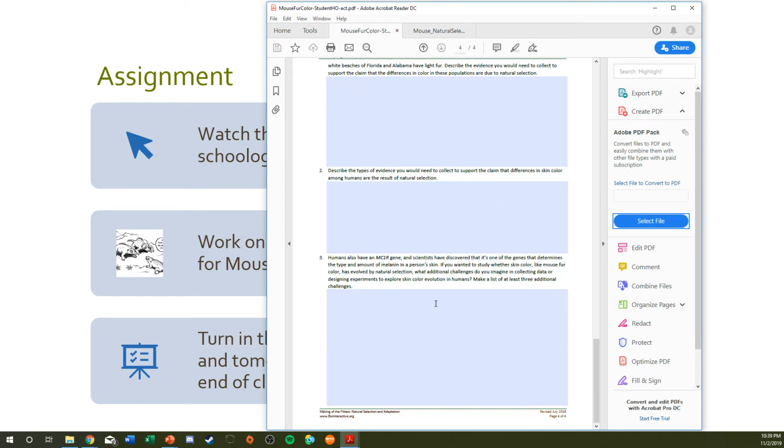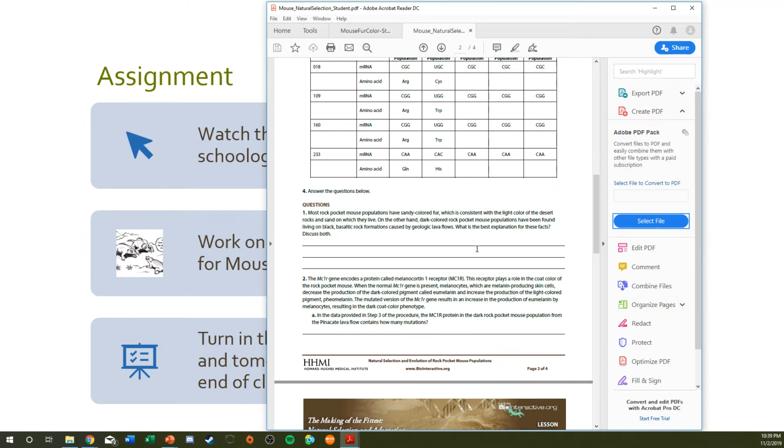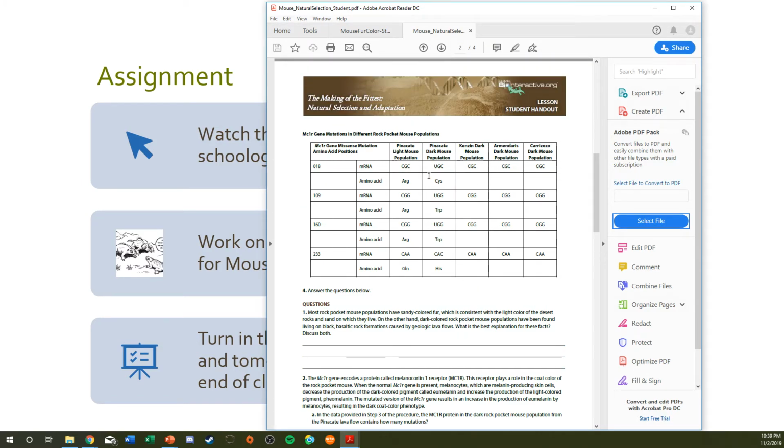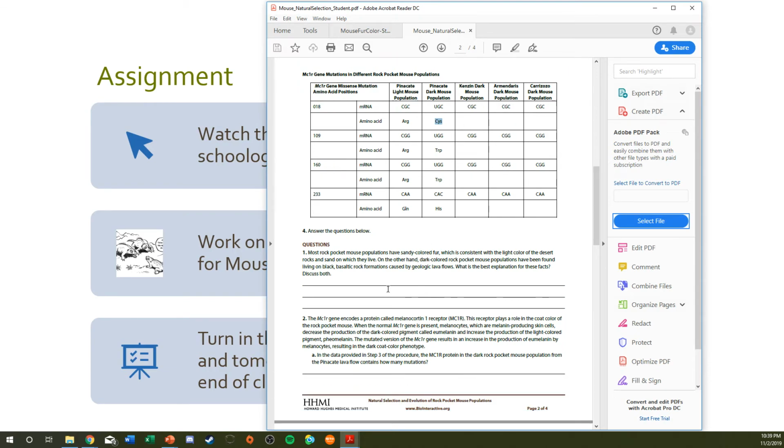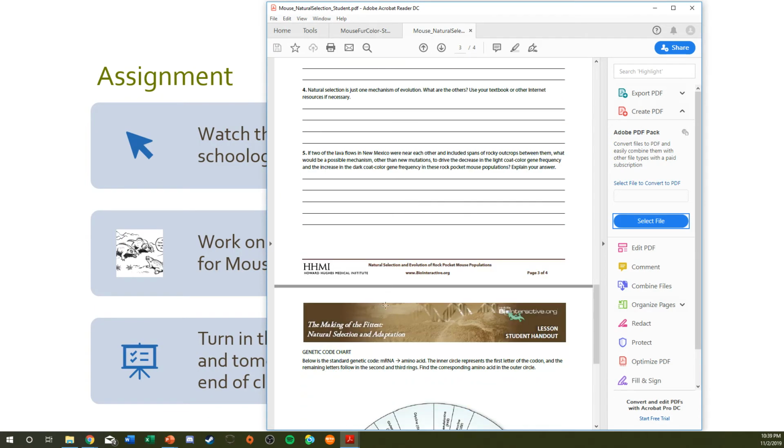So looking down at this last question right here, the MC1R gene, you'll actually be coding the MC1R gene in mice. So you'll be applying some of those concepts of, as you guys know, changing the mRNA code to the amino acid protein sequence. Using that, you'll be able to answer some basic questions.